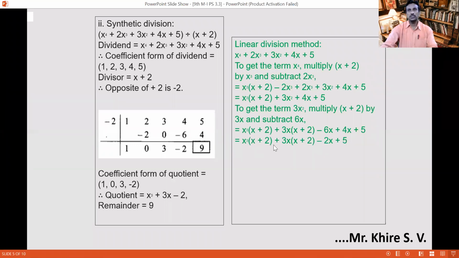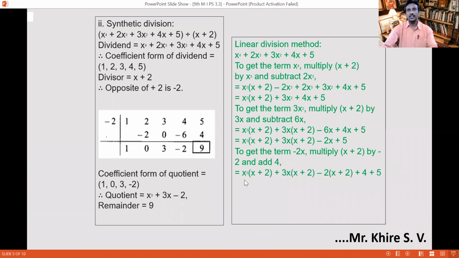Now x cube into x plus 2 plus 3x into x plus 2. Now minus 6x plus 4x becomes minus 2x and plus 5 as it is. Again, to get the term minus 2x, multiply x plus 2 by minus 2 and add 4. In x cube into x plus 2 plus 3x into x plus 2, these two terms as it is. Now minus 2x, minus 2 into x plus 2: minus 2 into x is minus 2x, minus 2 into plus 2 is minus 4, and plus 4 and plus